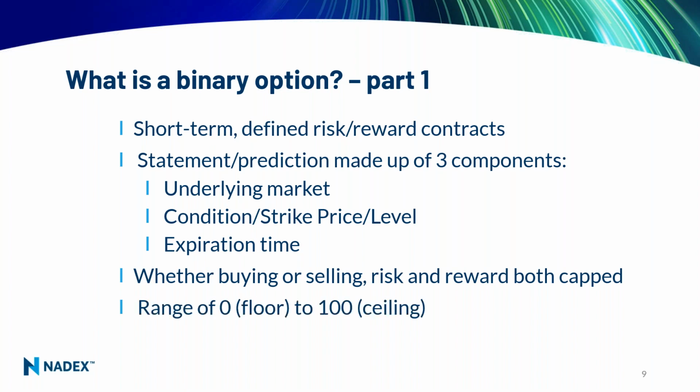Now, a binary option will trade, and the price of a binary option, it's a number, and it will be a number between 0 and 100. And in the end, it will go to either 0 or 100. And we're going to talk about that in a second. That's why in the end, that's why they call them binary options. There's only 2 outcomes. It goes to 0 or it goes to 100, but that's only in the end. And there's a reason why I keep saying that. I'm teasing it out there. I've got a pearl of wisdom at the end of this presentation that I'm hoping you just kind of hang on to and you go, aha, at the end.